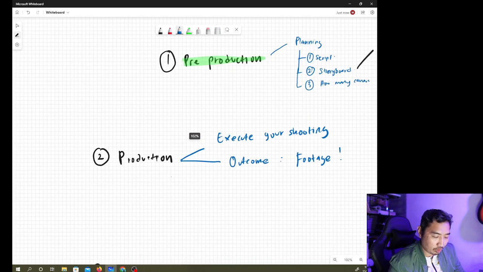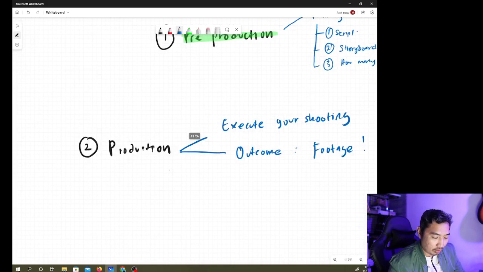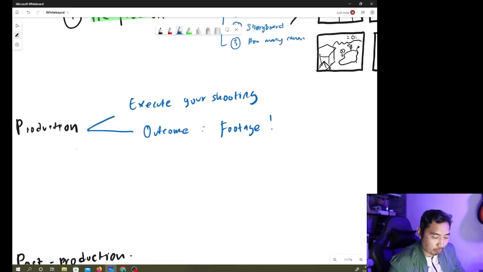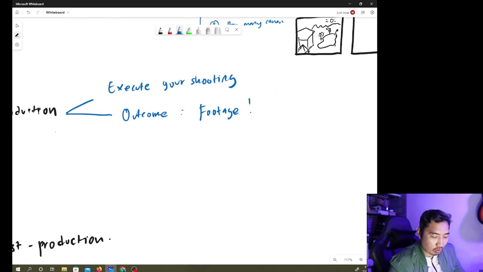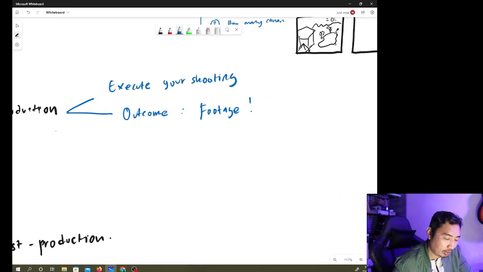So what are the things to consider? Sorry, it's a bit slow because I'm using a wireless connection between the iPad and computer. Right, so